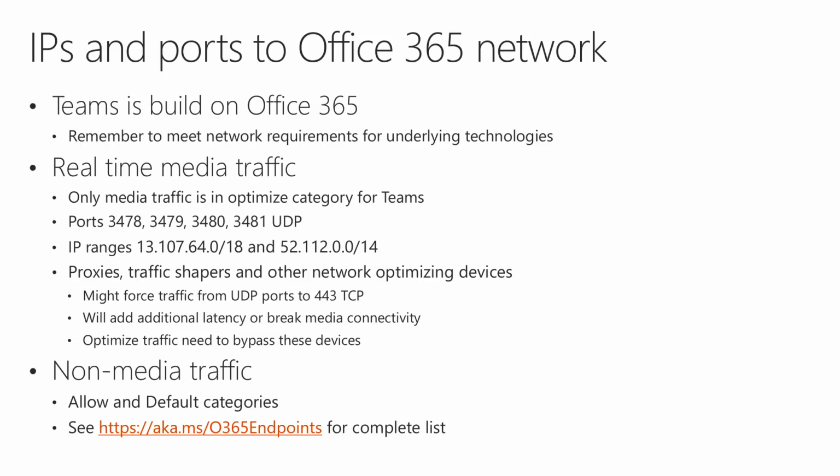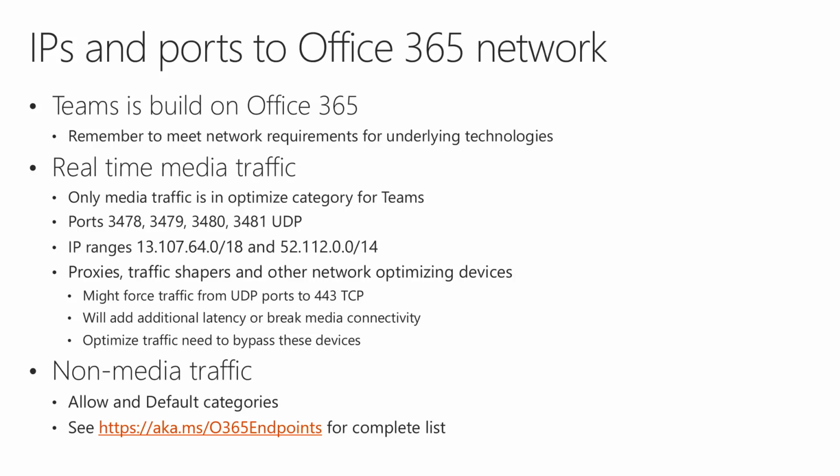We're using 4 UDP ports, 3478, 3479, 3480, and 3481 on UDP for these traffic types. We're using only 2 IP ranges. They are listed here on the slide. So this is really the only IP ranges and ports where you need to open the most direct type of